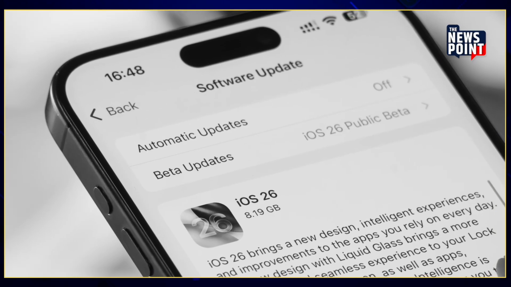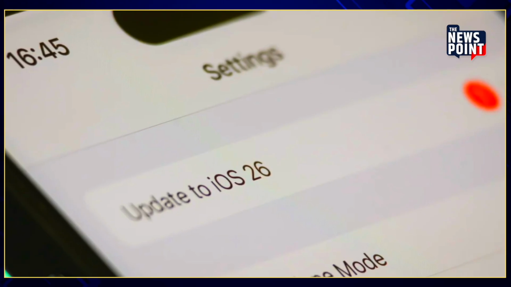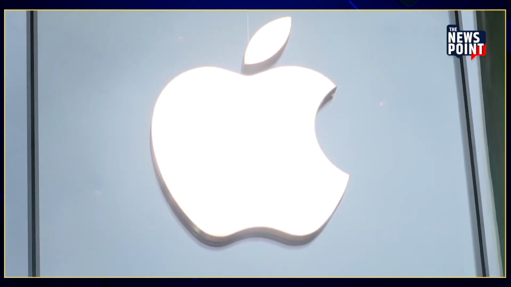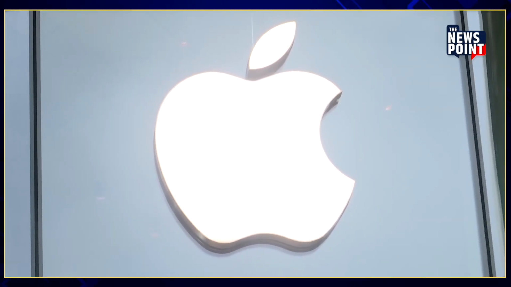Today, we are breaking down the recent iOS 26 update from Apple, what's new, what's causing headaches, and how Apple plans to fix it. Apple's iOS 26 update, released in September 2025, introduced a bold new design and several new features aimed at enhancing user experience across iPhones and iPads. One of the standout changes is the liquid glass interface, which uses a high level of transparency and sleek visuals to create a modern, clean look.